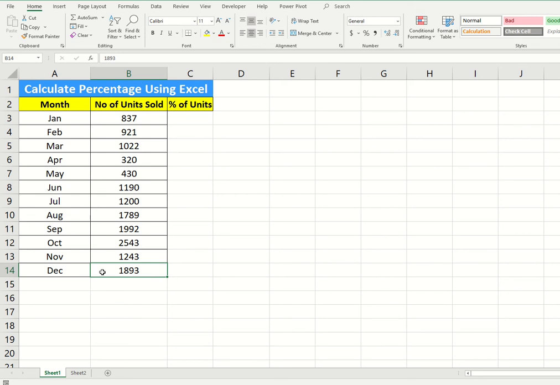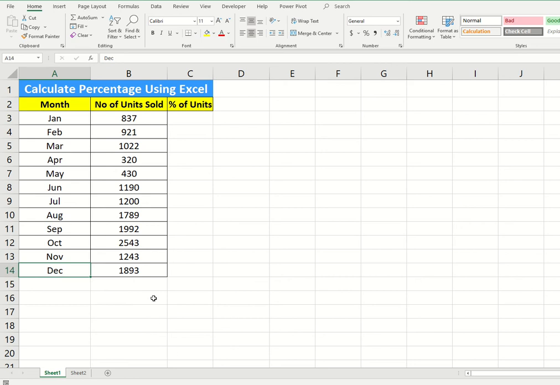To do that calculation we have to come up with a percentage formula. So before we calculate the percentage for each month, first we need to know the total units sold throughout the year, from January to December.